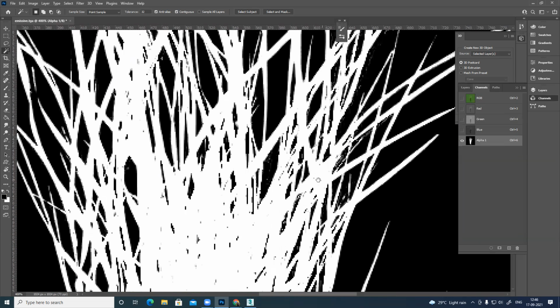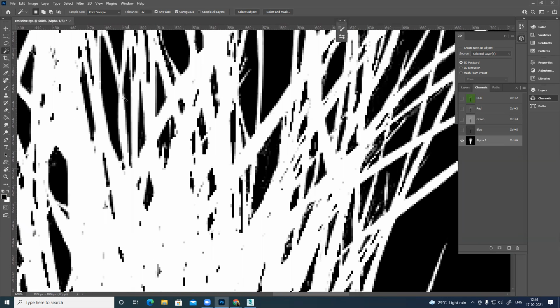Now I can see it's alpha, and I can see a few artifacts here and there. I'm just simply filling those areas.